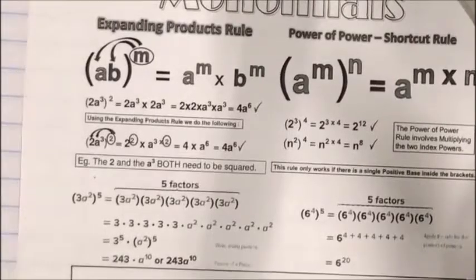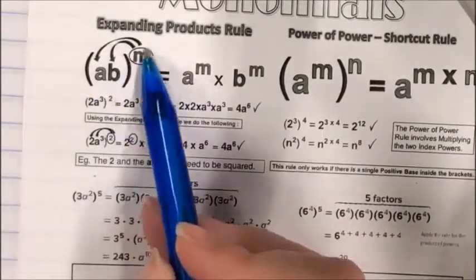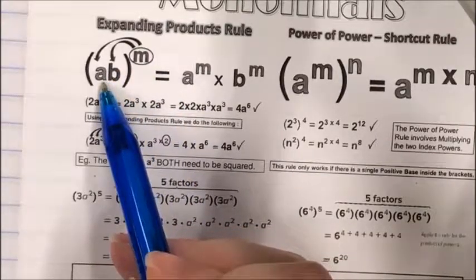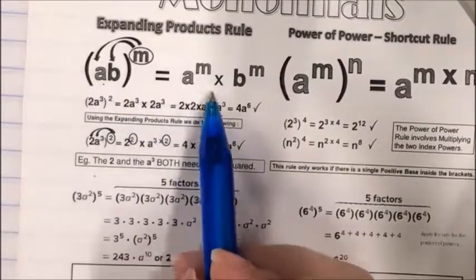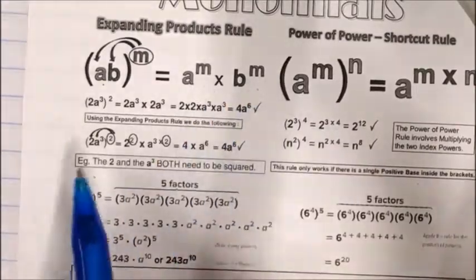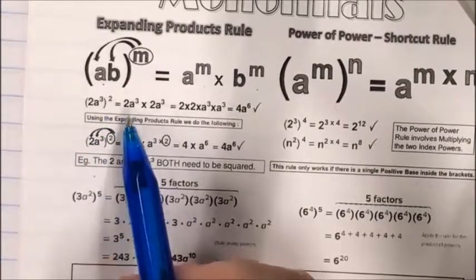So basically all that means is I'm taking this m out here, right? And I'm multiplying it into the parentheses, so I'm distributing it. So it becomes a to the mth times b to the mth, okay? So for example, if I have 2a cubed and then all of that is squared,